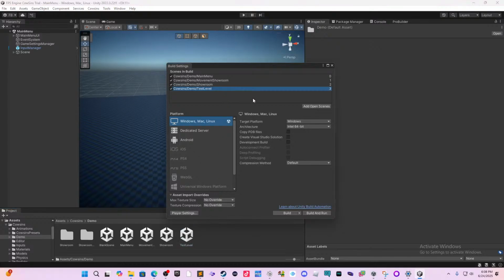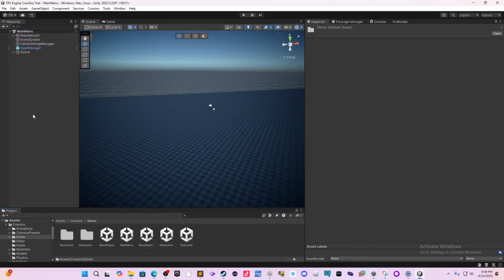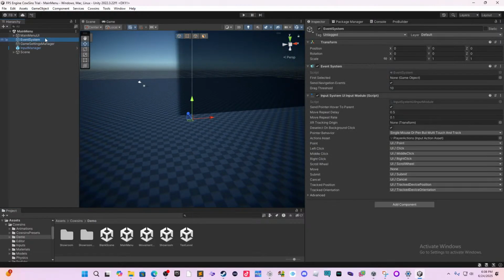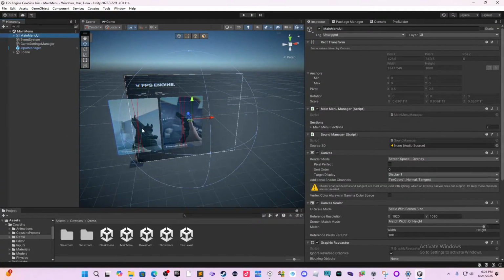All right. We're not going to build it, but we need to have this here because when we put the level into the menu, it needs to recognize that hey, this is a scene that's a level. So let's go ahead and take a look at the main menu UI,